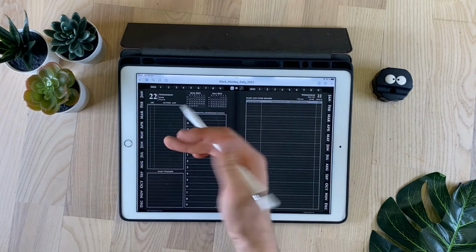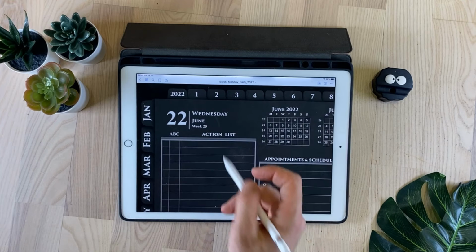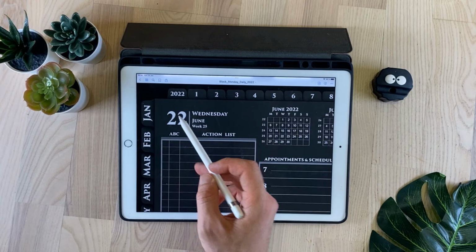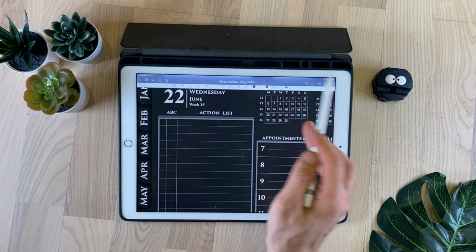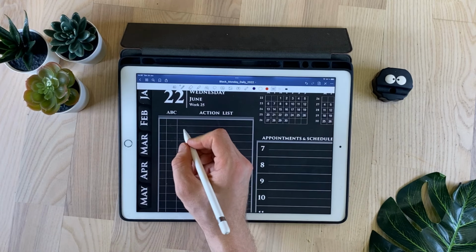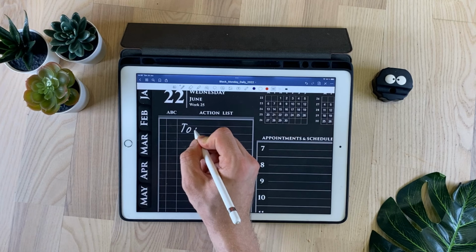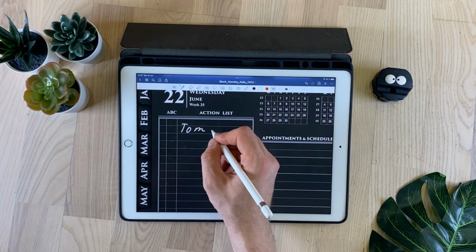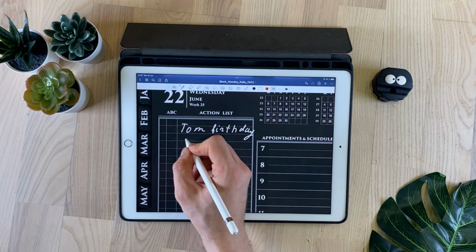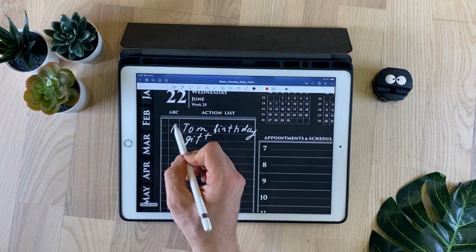What is the page for daily planning? Of course, we see the current date, week number, months. At the top there are two calendars, for the current and the next month. The page has a field for the list of actions. You write down an important task and mark the priority of execution.